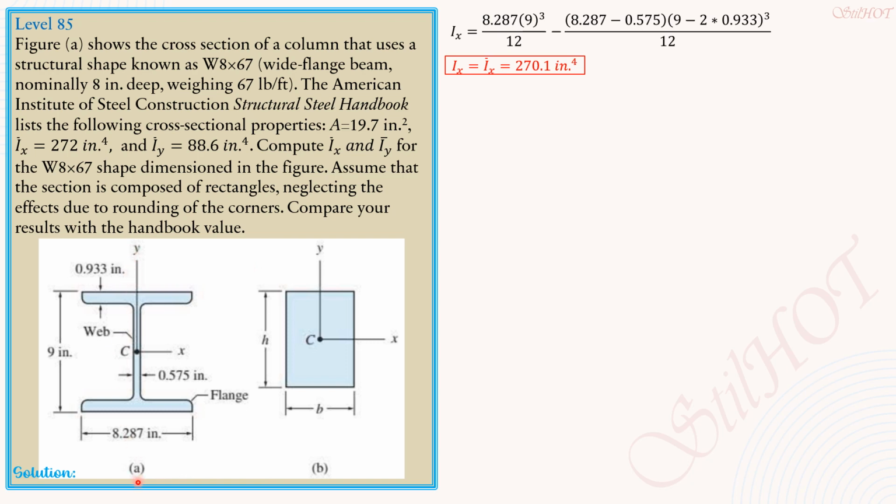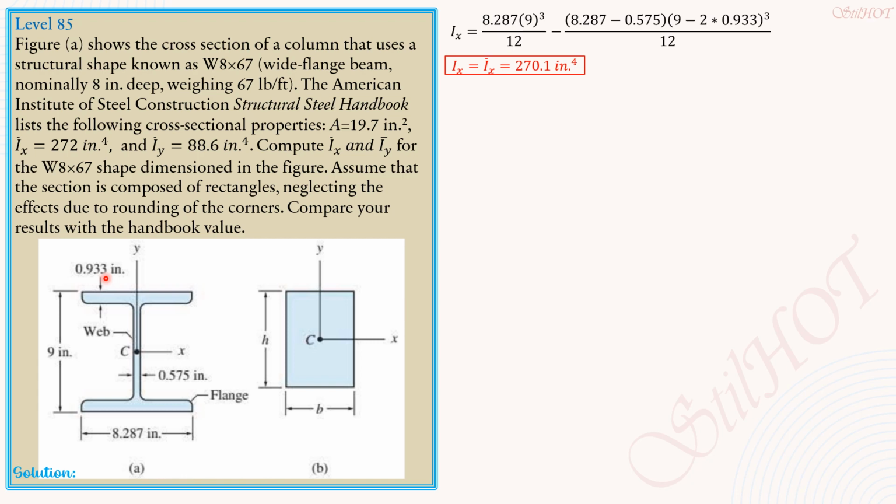Then for I bar y, the moment of inertia of the big rectangle is simply 8.287 cubed by 9 over 12, less the moment of inertia of these two component rectangles, which will be transferred here at the y-axis. Or, for simplicity, we just treat it as the moment of inertia of these two component rectangles, which are passing through the centroids that lie on the centroidal y-axis also. So 2 times quantity 8.287 cubed by